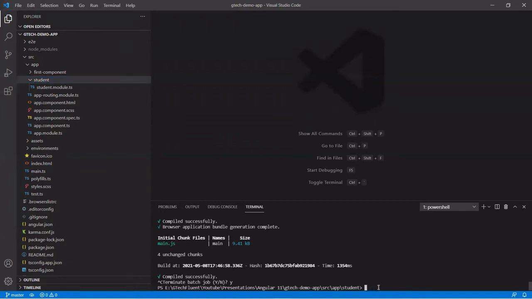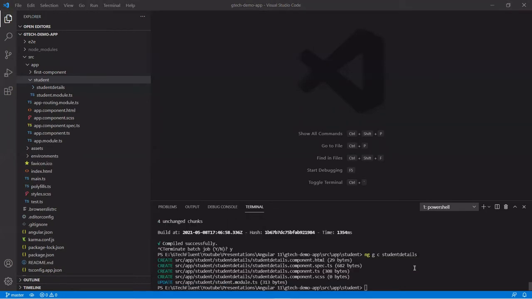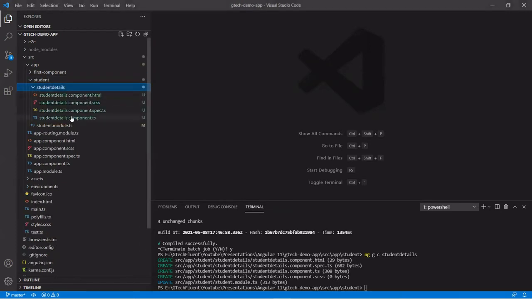This is the command you need to execute for creating the component. Let's enter. Once you type this command and press enter, it will create the folder called student details inside the student folder. If you see, we have the component.ts, SCSS and HTML files. These are the files created for the component.